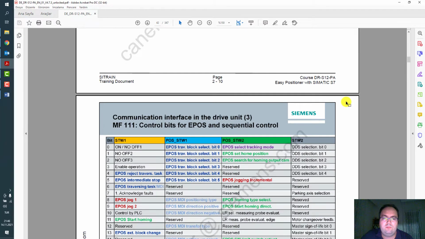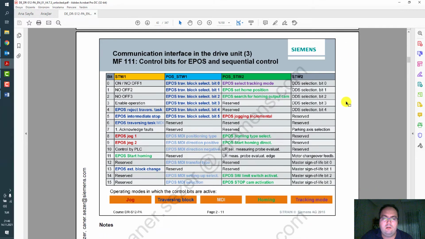And next page, control bits for EPOS and sequential control. There are some bits already connected according to Telegram structure, like reject traversing task, logic 1, it should be logic 1 to start the motion for traversing, intermediate stop, logic 1 need to set to positioning, there's a switch bit